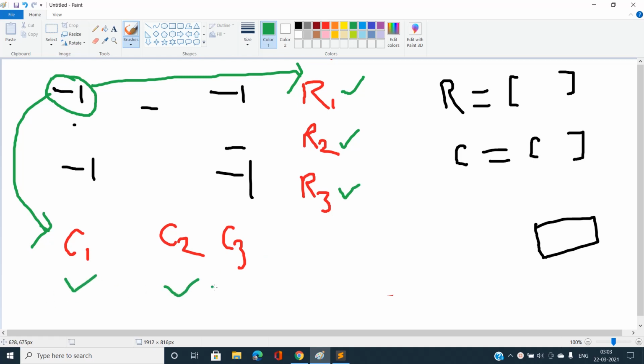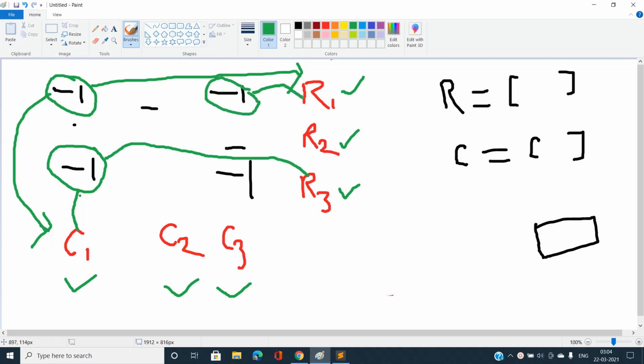For this minus 1 also, note that this is not a directed graph. I have mistakenly given the arrow. I am going to make this edge with R3, and for this minus 1, I am going to connect R1 with C3, and similarly for this minus 1, connect R3 with C3.